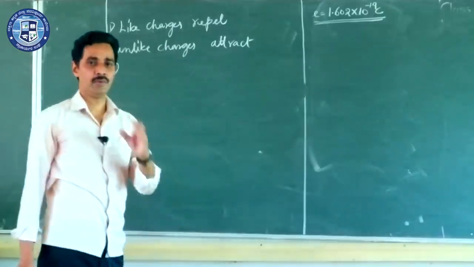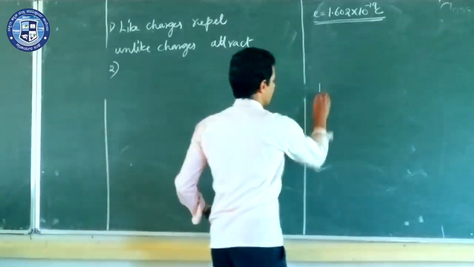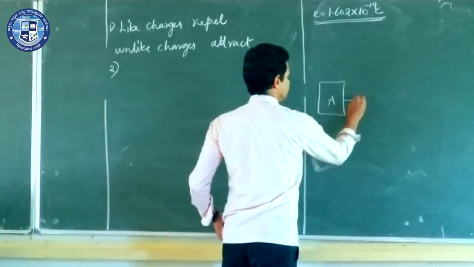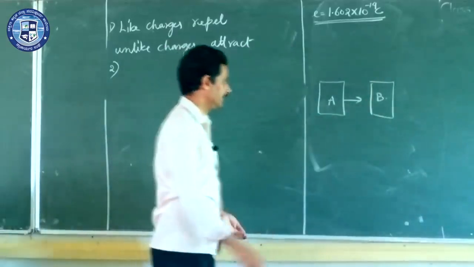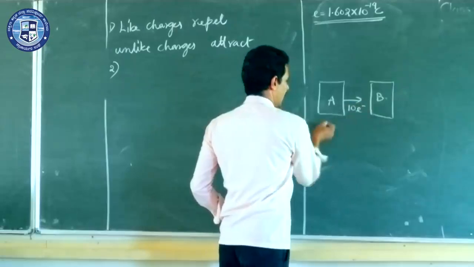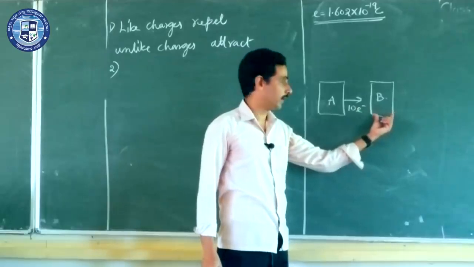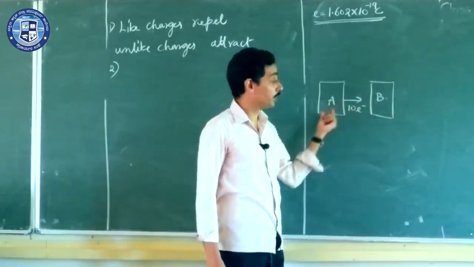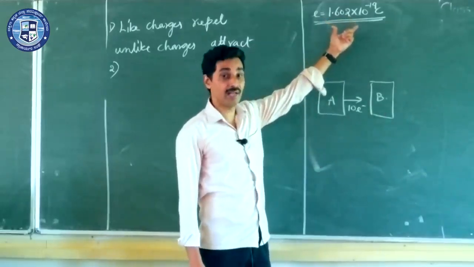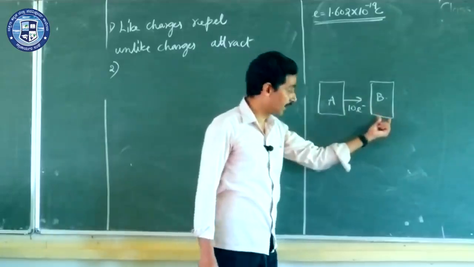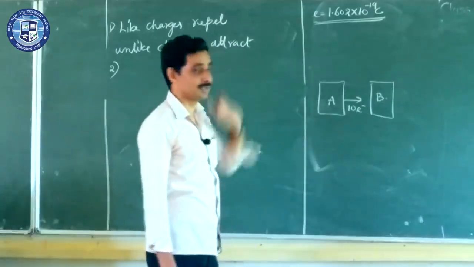Now if you want to write how much is the charge gained or lost, body A, say, has lost 10 electrons to body B. Now, these 10 electrons create a deficiency here, and that will be an excess here. And what is the charge gained by both? This will be positive, this will be negative. And how much? You have to add the charges of 10 electrons. Because 10 electrons are gained here, and 10 electrons lost here. So 10 times the basic charge. So the basic charge is the charge of an electron.